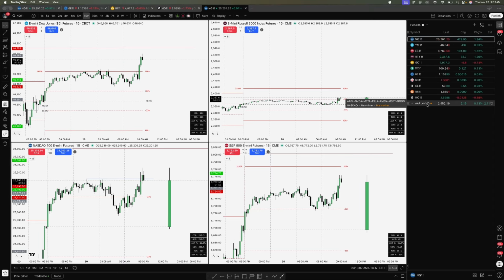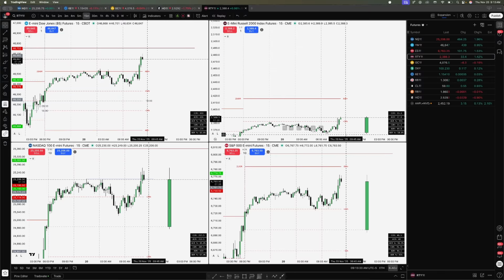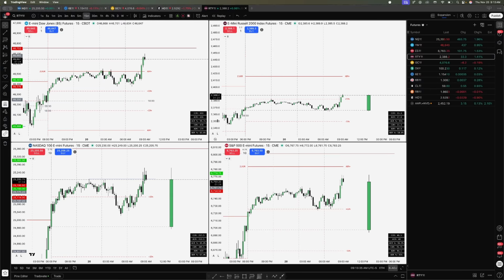I just look at the whole index as a whole. I'm not really worried about the individual. I mean, back in the day, a couple years ago, it was as simple as whatever Apple does, the Nasdaq's going to do, but Apple doesn't hold as much weight as it used to. A lot of it now is Nvidia and the AI stocks that are really driving everything, which I do think we have an AI bubble. I don't know if it's going to burst, but if you guys actually